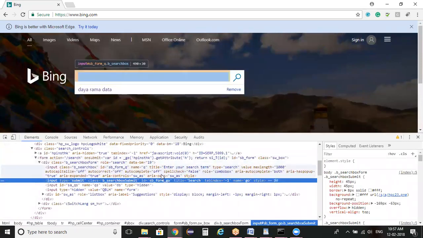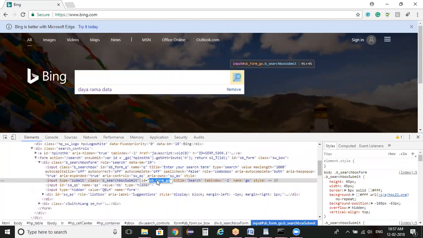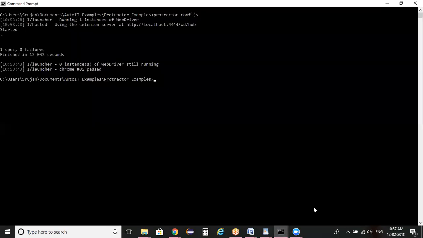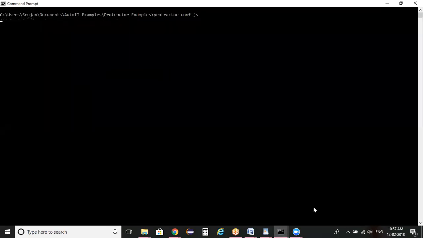I know that this button is having some ID property. Copy the ID property, go back to your conf file. So here element by.id, pass the id property here, dot click command. So I'm just asking it to perform a click operation on this. Fine. Let me clear my log and let me try to execute my test script from the command prompt and